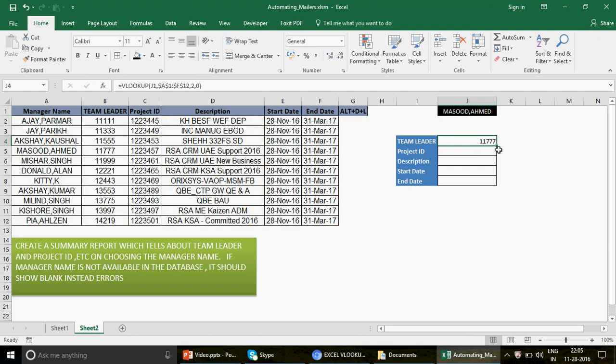Similarly, you can freeze the table and drag this. When you drag it, you need to freeze your lookup as well, because that's your J1, so you need to freeze J1 completely so that it does not move at all. So I'm going to drag this in this direction, and you see the answer is coming 11777. The reason is very simple: for the project ID the column number should not be 2. Now you know that. The column number for the project ID is going to be